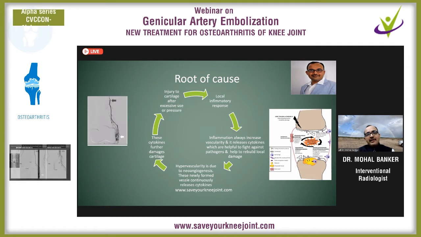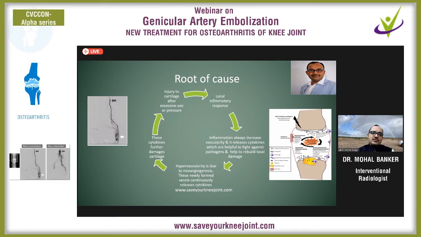Into the chronic inflammation, this neoangiogenesis occurs. What is neoangiogenesis? That is newly formed microvessels. And this is a very important process of chronic inflammation. It leads to hypervascularity in the localized region, and because of this hypervascularity, cytokines are continuously released into that region,